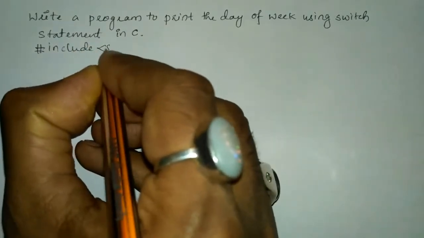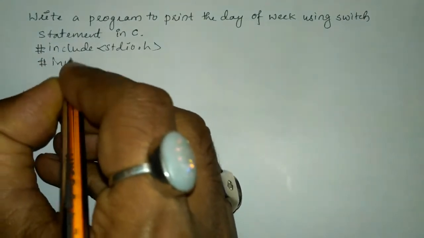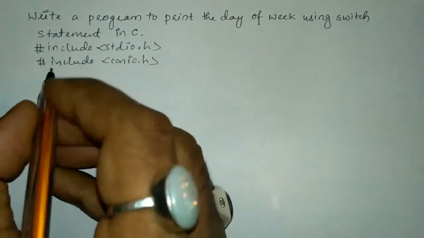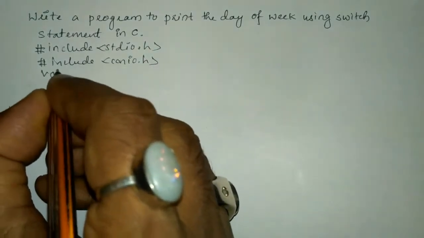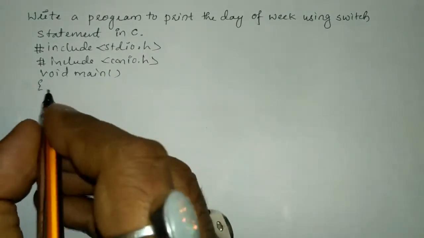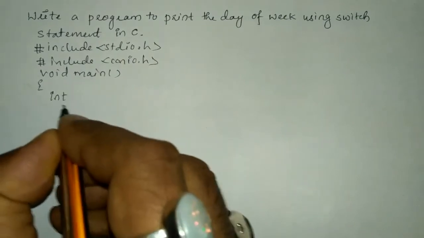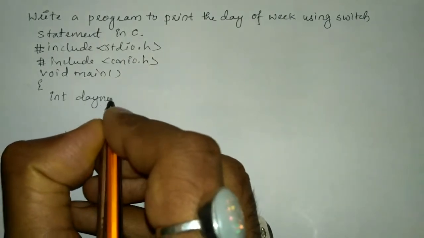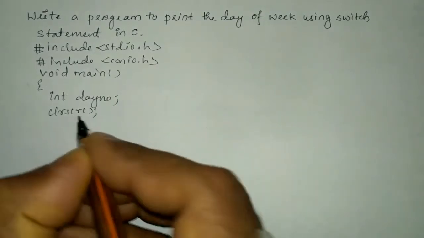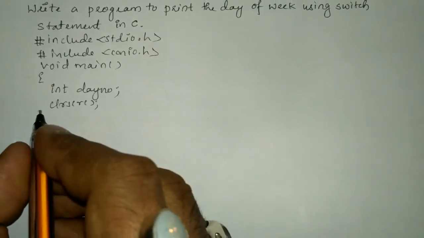Hash include stdio.h, hash include conio.h, void main function, curly open brace, and here we are going to declare a variable called day number of type integer and put semicolon. Now we'll write clrscr function to clear the screen, and here we will ask the user